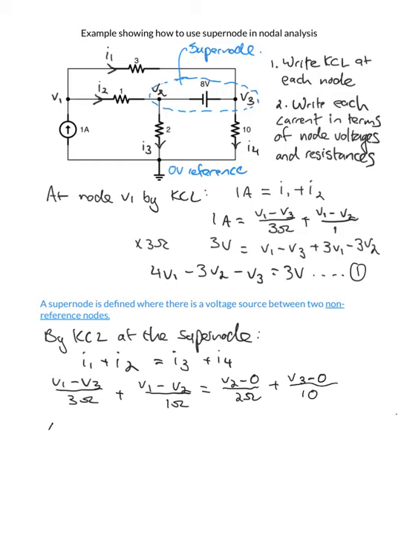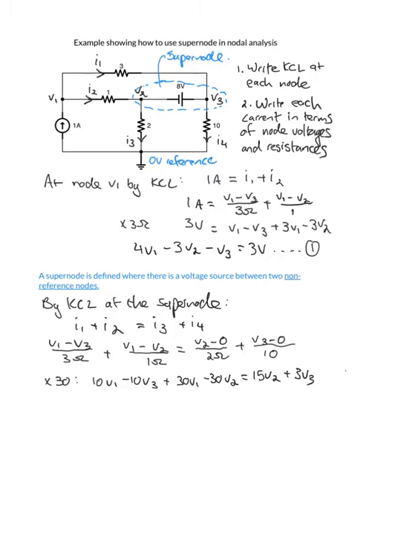And if we multiply by 30, then we get 10V1 minus 10V3 plus 30V1 minus 30V2 is equal to 15V2 plus 3V3. And if we gather like terms together, then we get